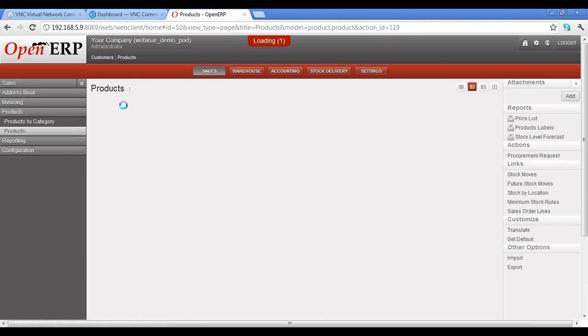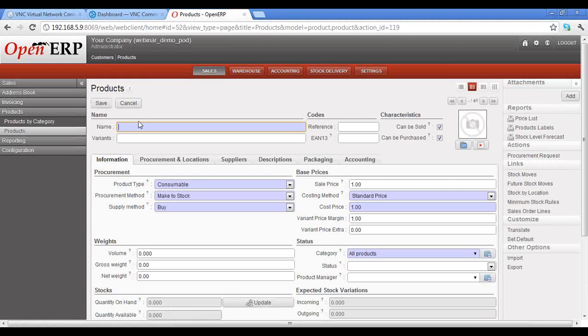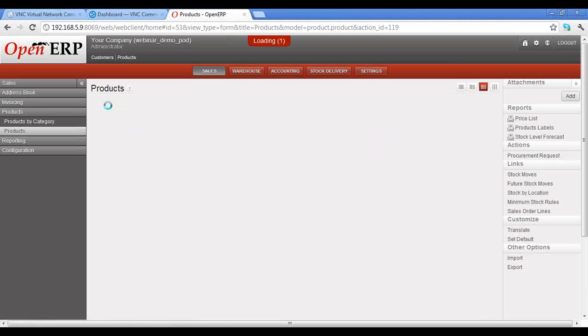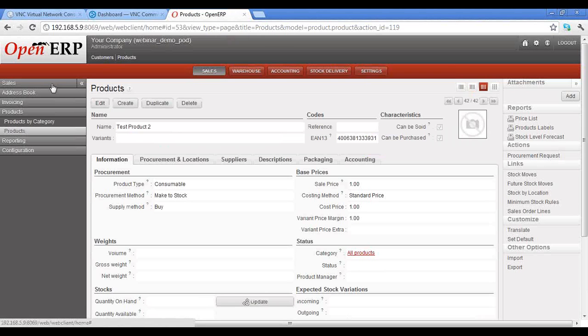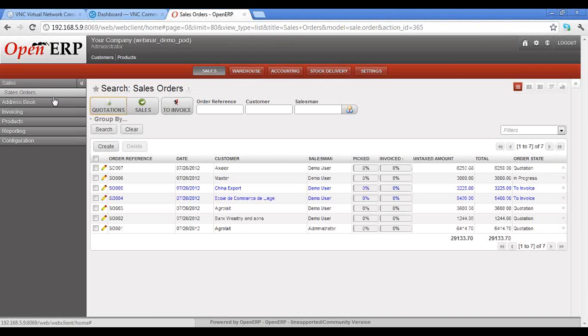I'm creating one more product, calling it test product 2. I'm assigning one more barcode to it, 4006381333931. Saving it. And this is all standard OpenERP functionality, but what we have extended will be in front of you in